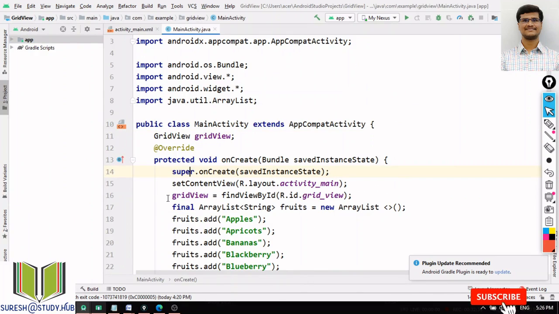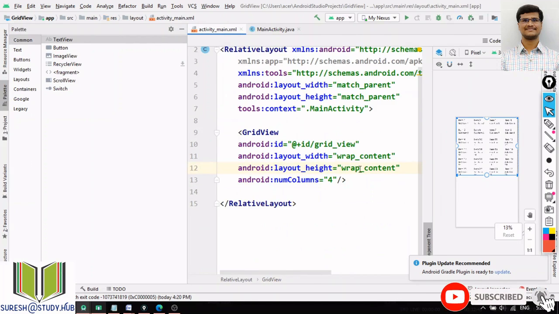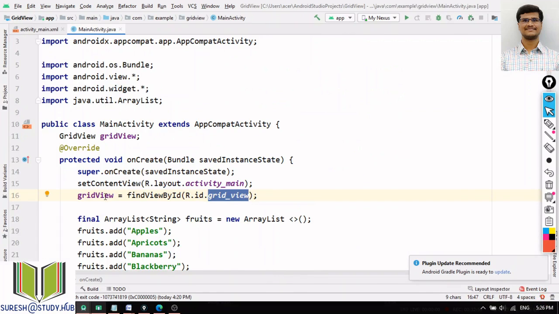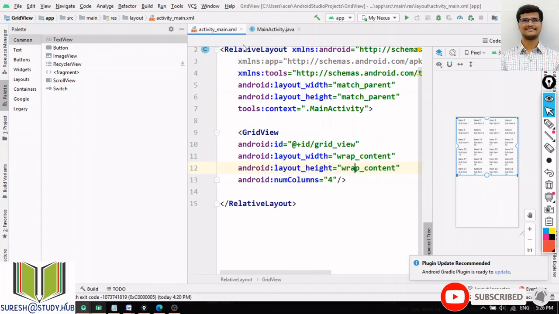So this you already know. So I'm linking by using this GridView, and findViewById R.id.grid_view. So what is this grid view? You can see over here. So this is the id for this grid view. So now whatever I am dealing with this grid view, it will be linked to this grid view that is there in this one.